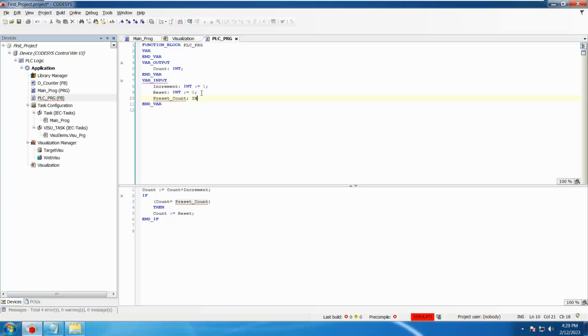but let's try another one, and that is when you go to the top panel and you write down the preset count and give it some value, whenever the count goes near to that value or equal to that value, it will reset, and the reset value is also whatever you want, like you want to reset to 0 or to 1. In this case, we want it to reset to 0, so we have put 0 over here. Okay, so after declaring the preset count, you can see that the error is removed,